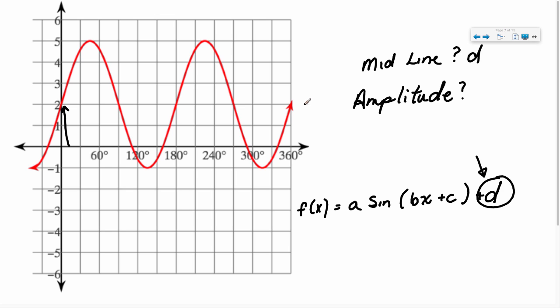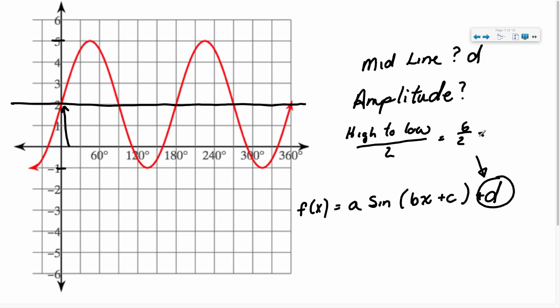So I think if you just look, this would be the midline of this graph. In other words, it's half the distance from the high to the low. So the high is 5, the low is -1. That's a distance of 6, right? So if you take your high to low and you cut that in half,